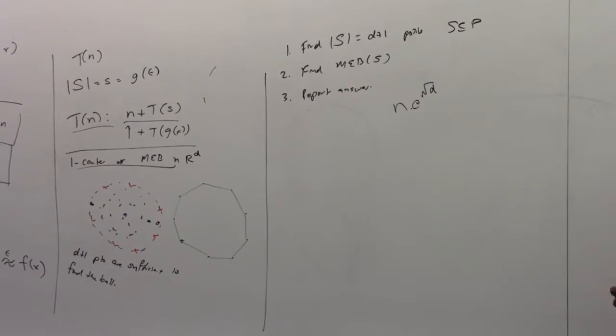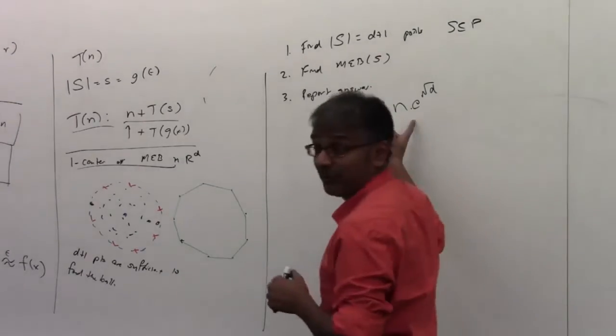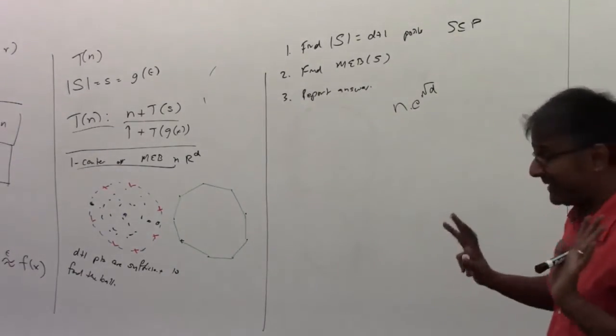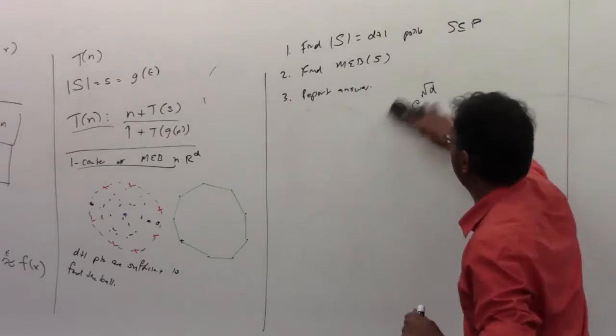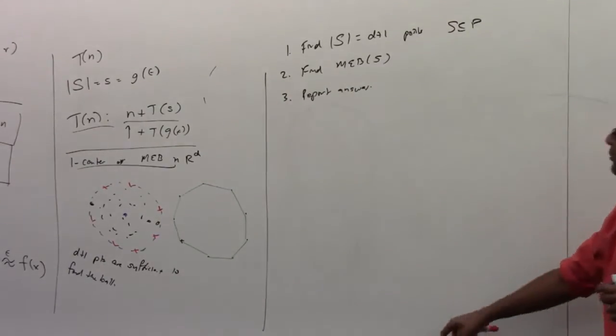There was an earlier paper by Clarkson that gave you d to the d, and then this improved it to e to the square root d. It's kind of nice. So that's the best one we can do for the exact case. So we're not playing in the exact world here. That would be hopeless. And by the way, if we actually had to implement this algorithm, we would have to